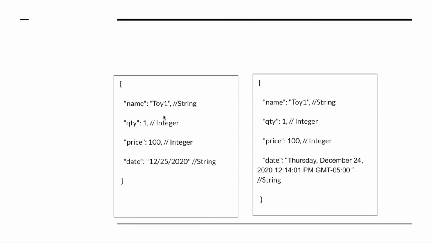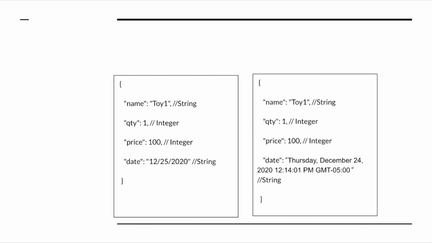But later in future, backend engineers forget, the team changes, there is a new developer, any of these scenarios, and they start sending the date in a new format, which involves day and month in full, like December, January, some stuff like that, and then also the time. Now, what will happen? Will your client be able to parse this new format of date? You're sure no, right? And it will give you an error, it will give you a JSON parsable exception, something. If you're not handling it correctly, it will even crash.